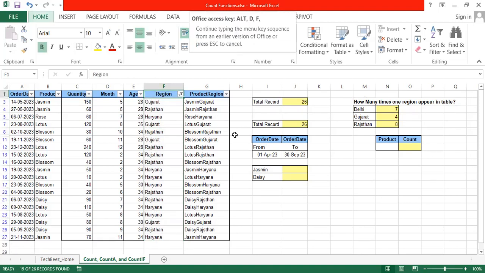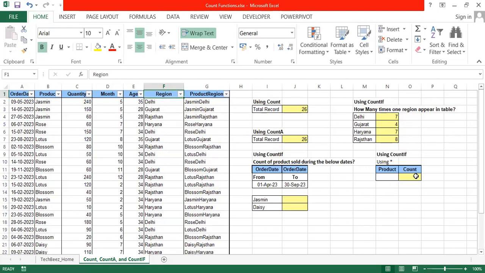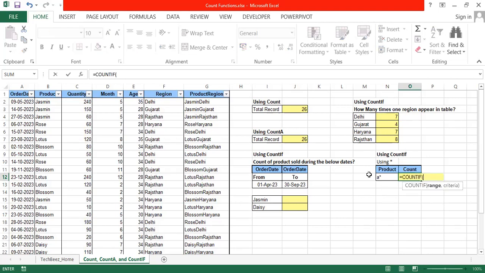So if we want this information using a formula, how can we do that? We will use the CountIf function. So how can we do that? Let's type here A star, and then we will use CountIf. There we would like to see the A. So we can see here